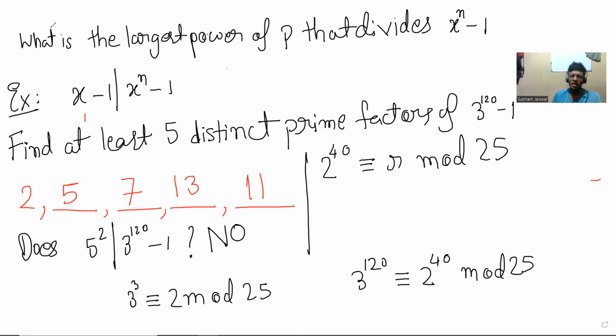I think in Sunday's class, at the end, we did something like this, right? Where we tried to argue. So we know that 5 divides 3 to the 120 minus 1. Now, if we want to ask if 5 square divides 3 to the 120 minus 1, the congruences approach is there. But if you want to take the other approach, that is the same as asking if 5 divides,